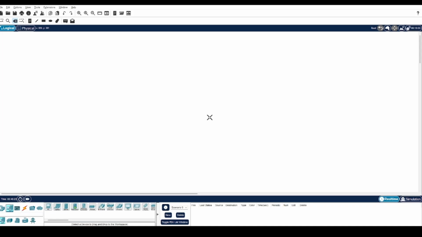How to configure a VLAN in Packet Tracer. So starting, we just take out a few PCs, two PCs here. Let's put two PCs over here, a router, and a switch. Switch right here, do automatic cabling,